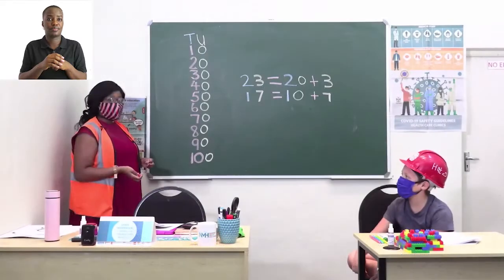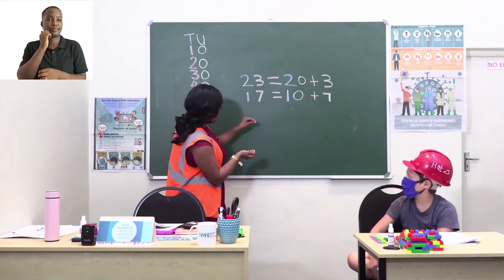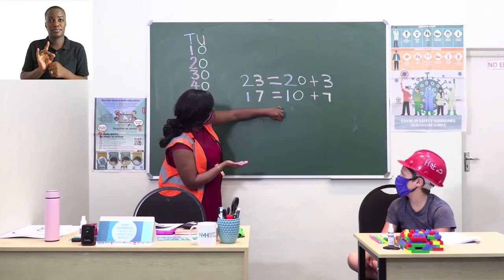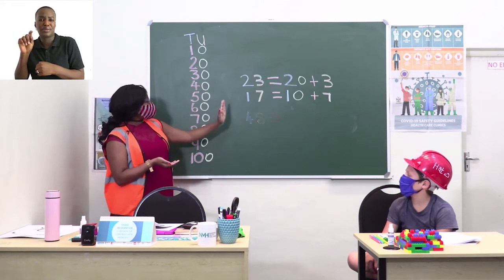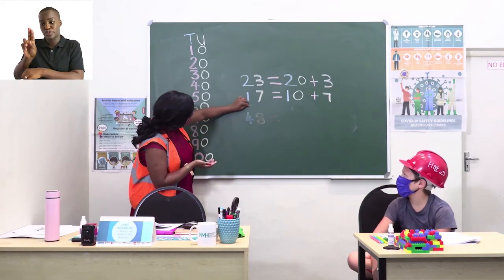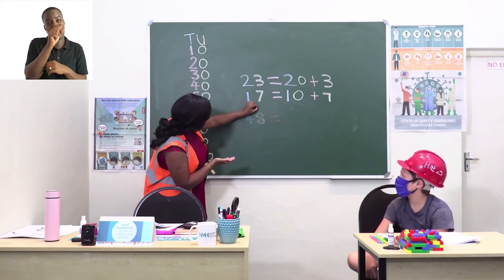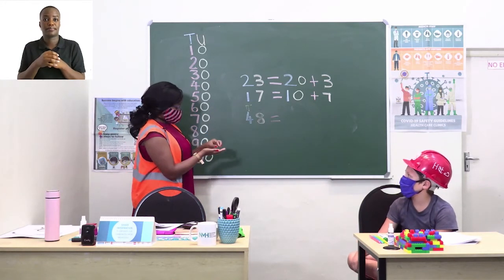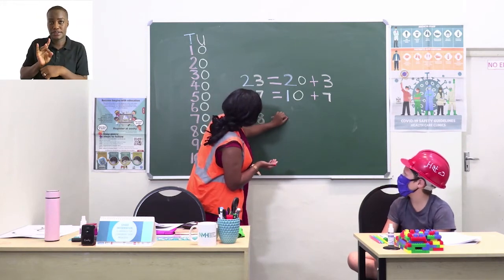Let's take a look at the board. We have the number 48. So I will write my 4 and I will write my 8. So it now says 48 is equal to, and how do we come up with the tens and units? Remember, I said that the first digit is a 10. So you can write a little t on top to remind you that this is tens. And then you can write a little u on top of the next digit to remind you that this is units. So we are now able to say 48 is equal to 4 tens,